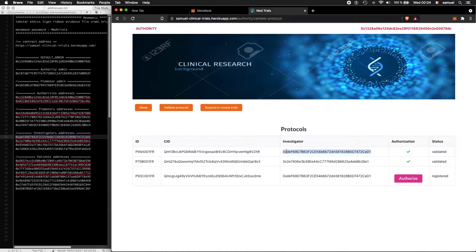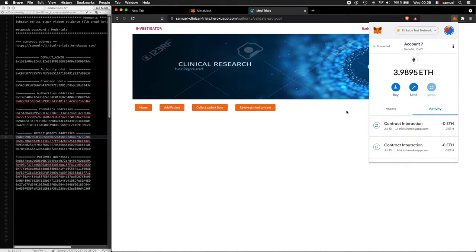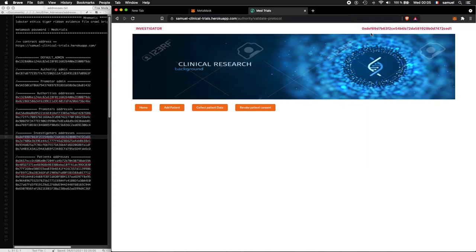So we need to go to the investigator page. So I will use this investigator because he has 2 protocols, and the first one is validated and the second one is not validated. So let's go to the investigator 0xDAF6. So I think it's this one, 0xDAF6.